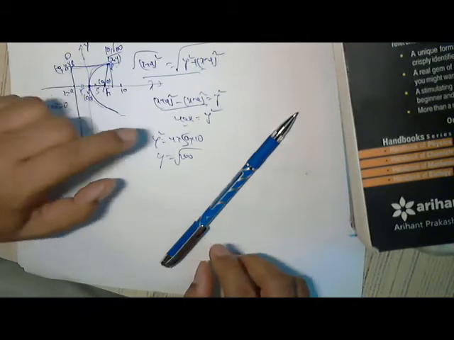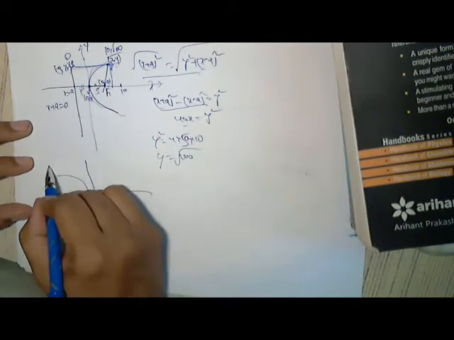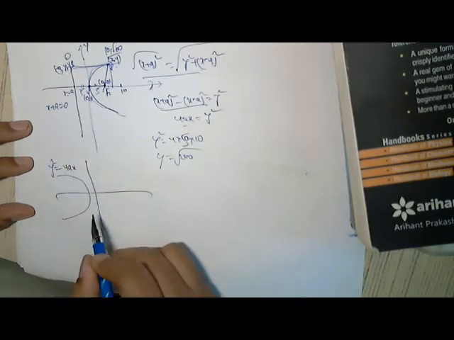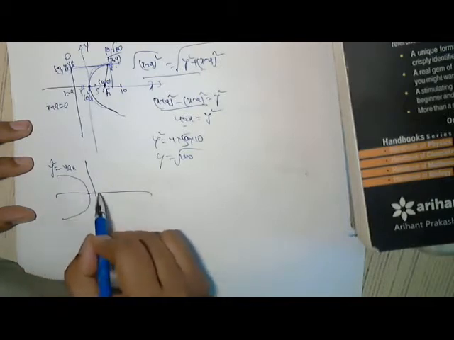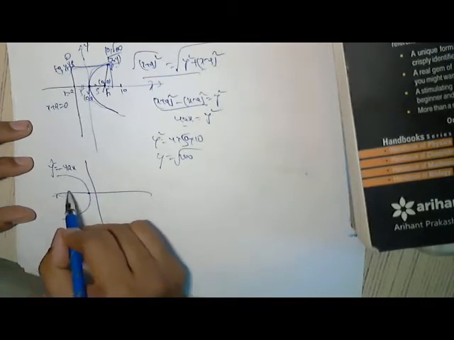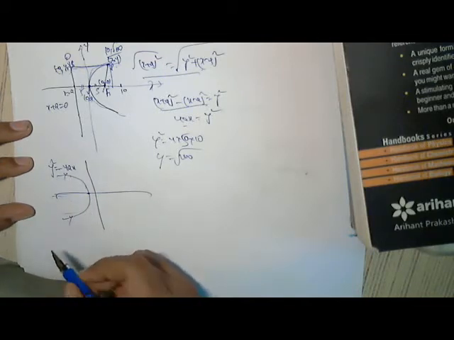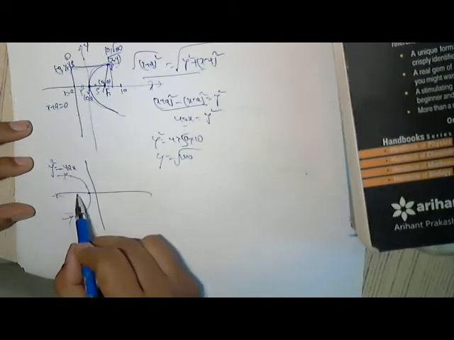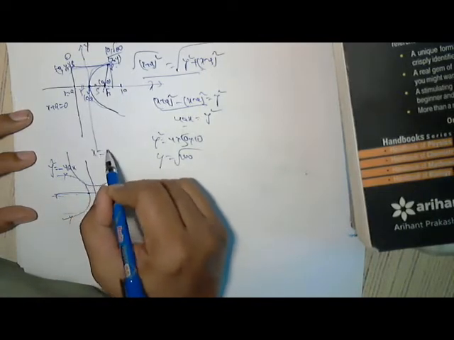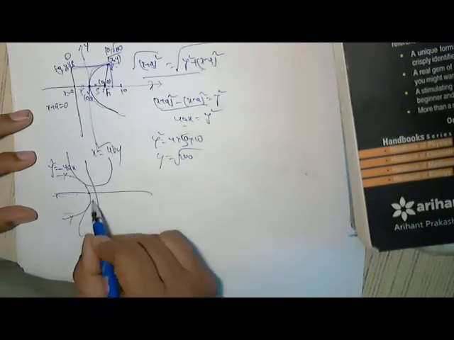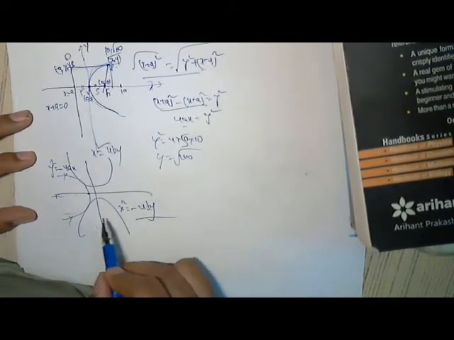Okay, this is the formula for this. Same thing applies for others. This is y square is equal to minus 4ax. So always my y square is on the plus side, and x is always on the minus side. So y square has both plus and minus, x is only minus. This is valid only when x is minus. Similarly, we have x square is equal to 4by, and this one is x square is equal to minus 4by, when y is minus.